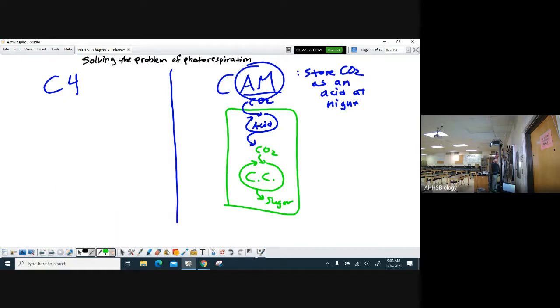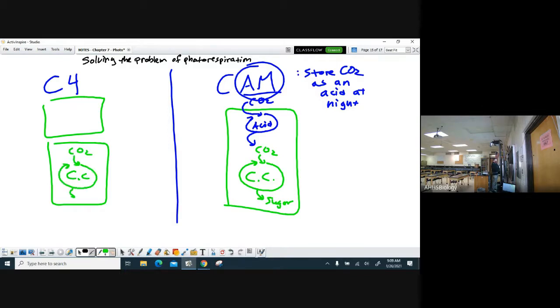C4 plants evolved a separate way of doing it. They separate out the Calvin cycle with CO2 going in and sugar coming out from the gas exchange portion. They have different cells. So up here, we get CO2 coming in. We make that same organic acid. That acid can be stored in those separate cells. And then this is like,